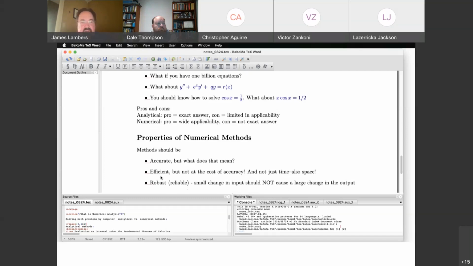And then a criterion that can sometimes be overlooked at one's peril: is the numerical method robust? Or I like to use the term reliable, but a lot of people refer to it as robustness. In a nutshell, what that means is, suppose you have a problem that your numerical method can solve, but then the input of the problem is changed slightly. That should not lead to a large change in the answer. If that happens, then